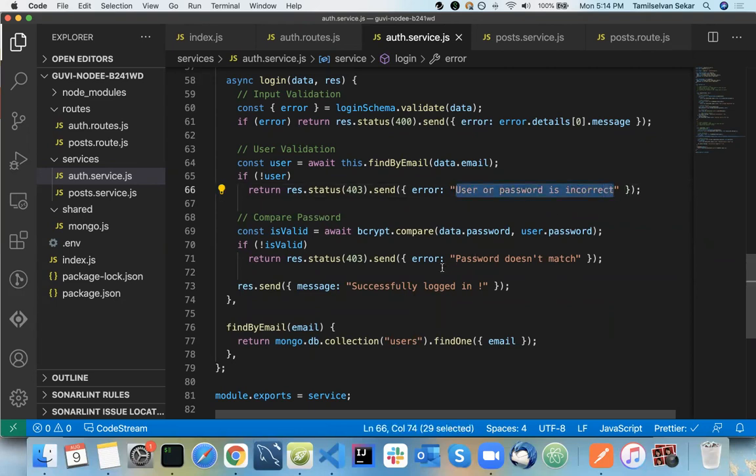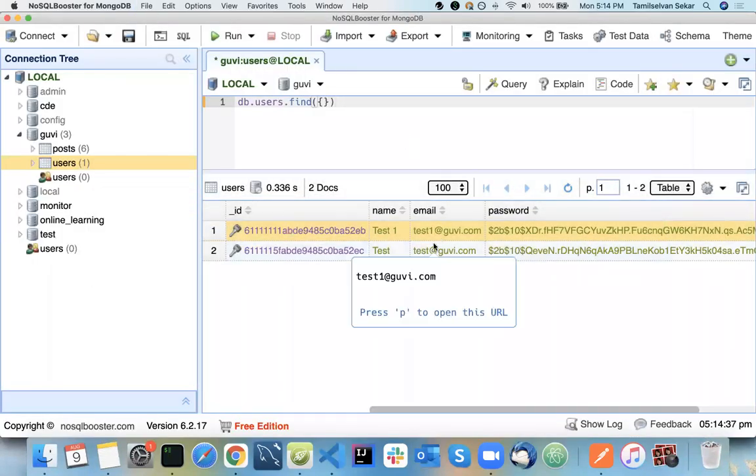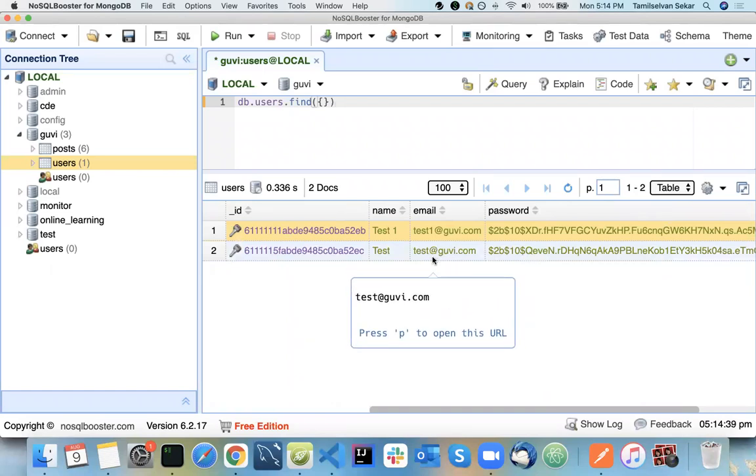Same way here as well. Even though it is like user does not exist, or even though the password does not match here, you should always say user or password is incorrect. The reason behind that is it's for security purposes. For example, here I have two users, like test1 and test and Guvi. If some random hacker comes to the system and checks